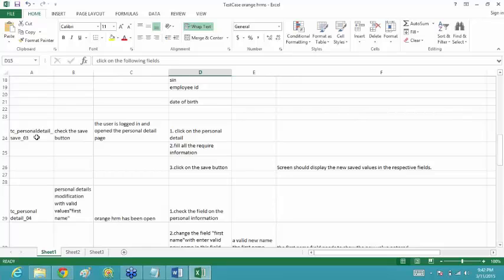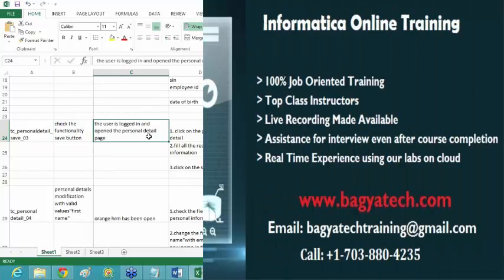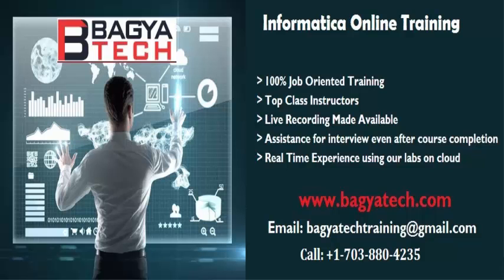Then in the personal details, you are checking for the save functionality, to check the functionality of the save button. The user is logged in and the personal detail page is opened.